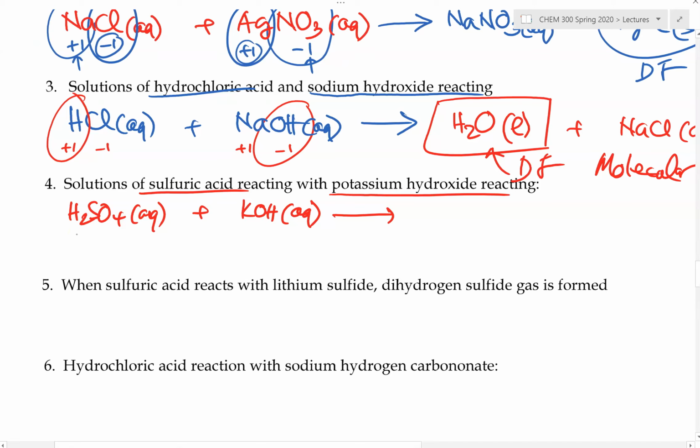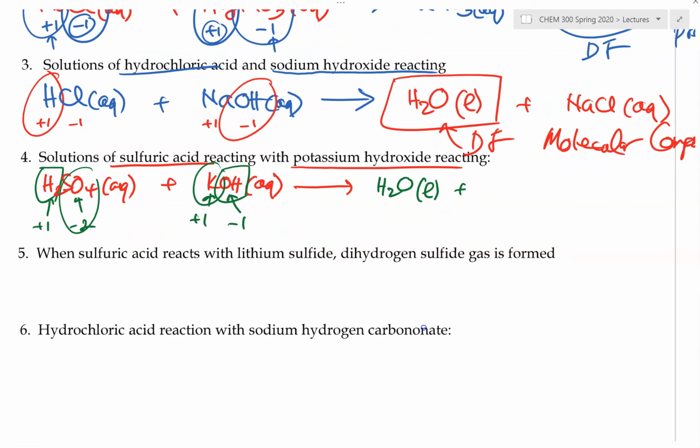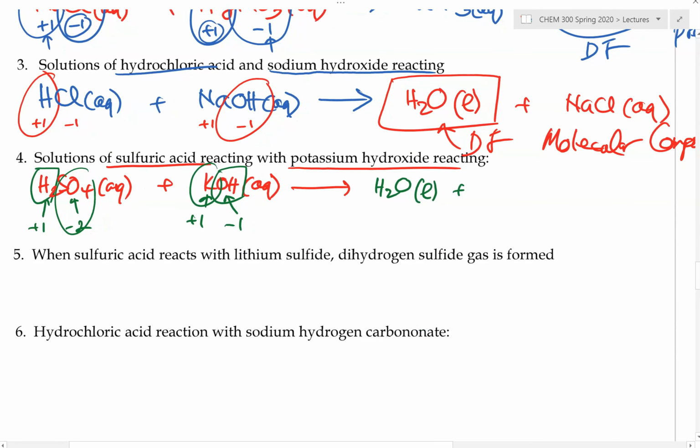So if anything is going to happen, the hydroxide will be forming a compound with the hydrogen. And that will produce H2O, or water. And we know water is a liquid. And now the potassium will be binding with the sulfate. Potassium is only +1, and sulfate is -2. So in order for them to form a neutral substance, there have to be 2 potassium for every 1 sulfate. So therefore the chemical formula is